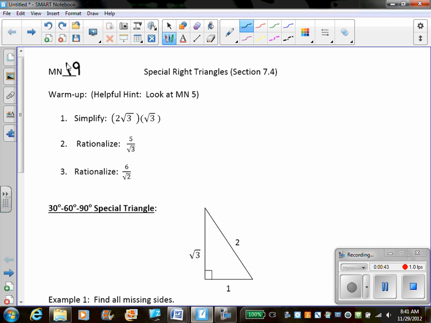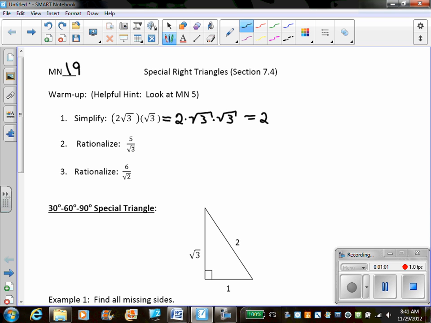Thank you for rejoining me. So let me go right through this, see if your answer is corresponding with mine. In this case, I'm going to go 2 times the square root of 3. I'm going to drop those parentheses because sometimes those confuse people. So it's just going to be 2 times the square root of 3 times the square root of 3,